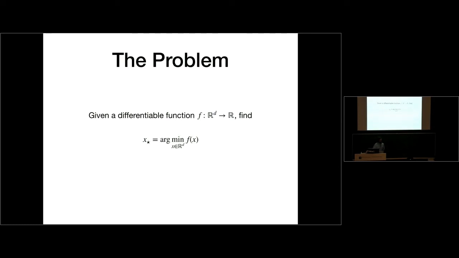So the problem that I'm interested in these days, and the problem that we're going to talk about, is the classical problem of optimization. We're going to assume that someone gave us a differentiable function f, defined over a bunch of real parameters. Our goal is to find either the minimizing set of parameters or at least a locally minimizing set of parameters. If you've implemented a neural net and trained it, then you've tried to solve this problem, where x would be the weights of your neural net and f would be the loss function that you're trying to minimize.